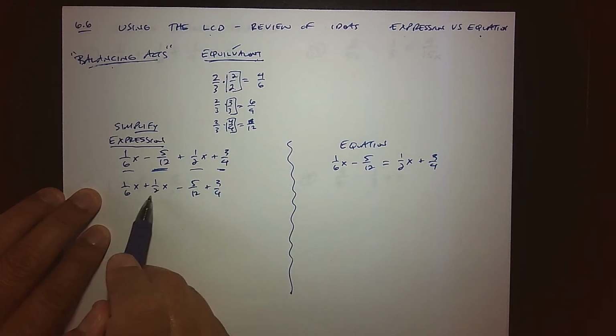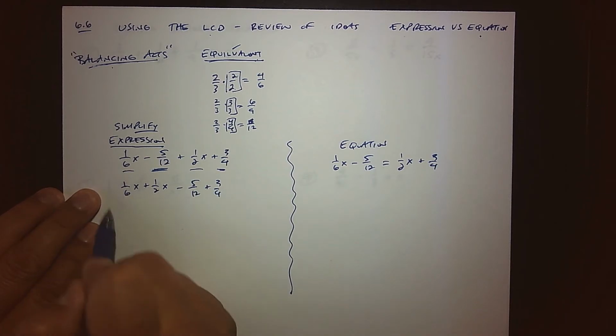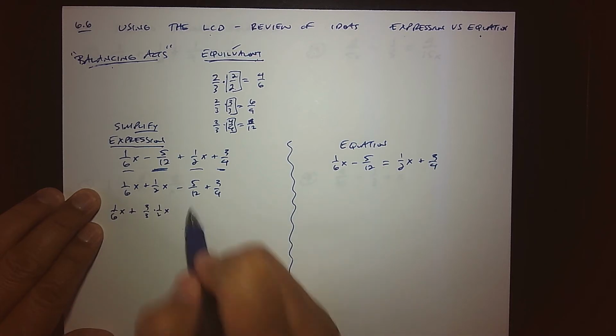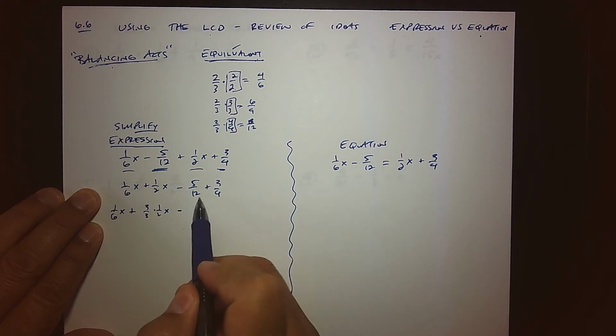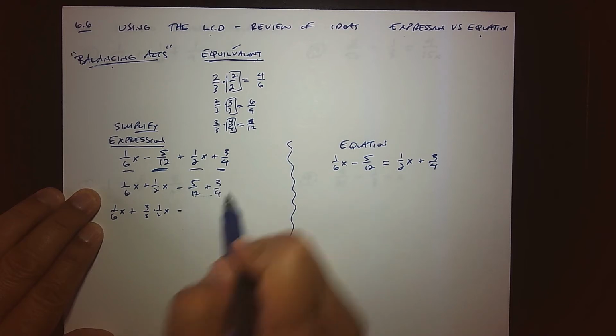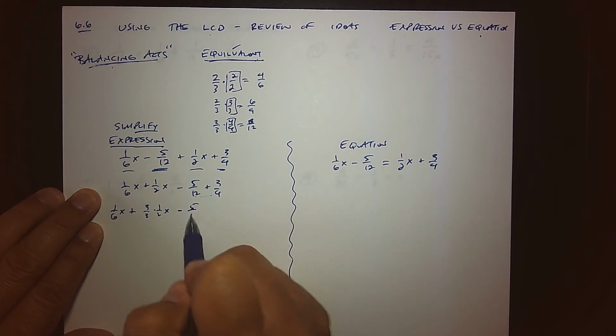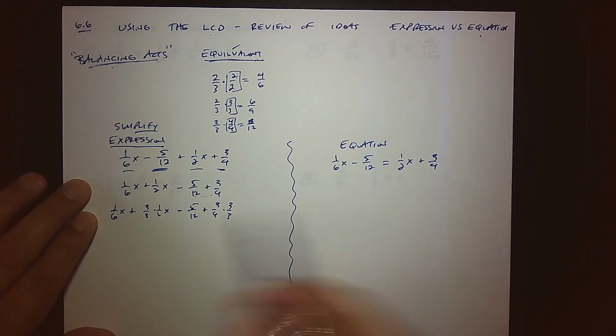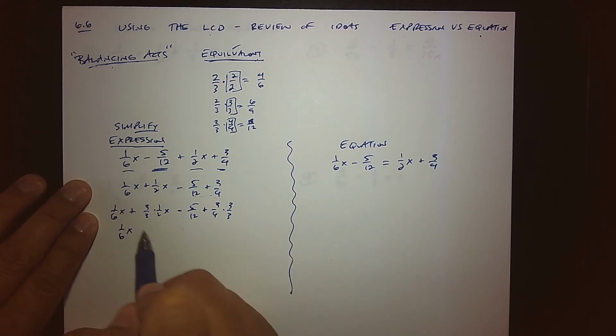So here the LCD is 6. This one already has it, so I'll leave it alone. This one I would need to multiply by 3/3 to accomplish it. For these two fractions, the LCD is 12. This one already has it, so I'll leave it alone. And this one would need a 3/3. And then continuing our work,